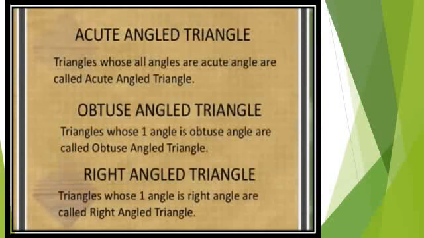Now we will describe the types of triangle which are based on angles. There are also 3 types which are named as acute angle triangle, obtuse angle triangle and right angle triangle. In acute angle triangle, all the angles must be less than 90 degree. And in obtuse angle triangle, there must be one angle which